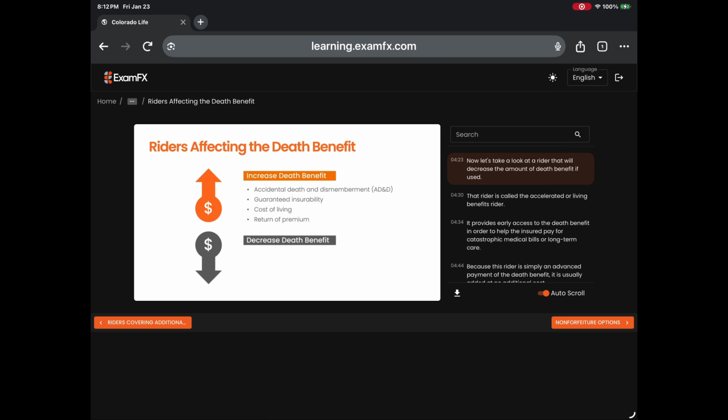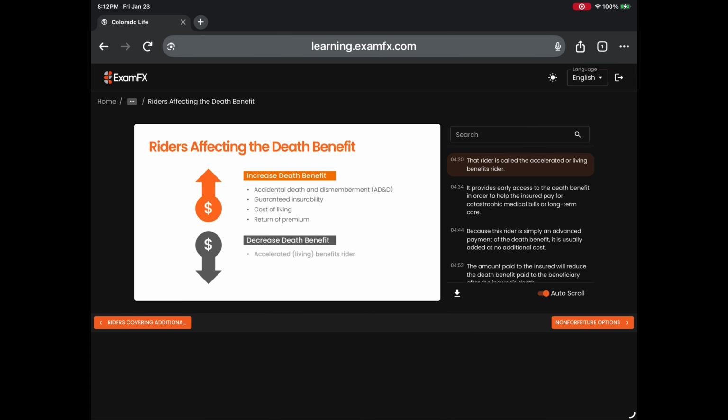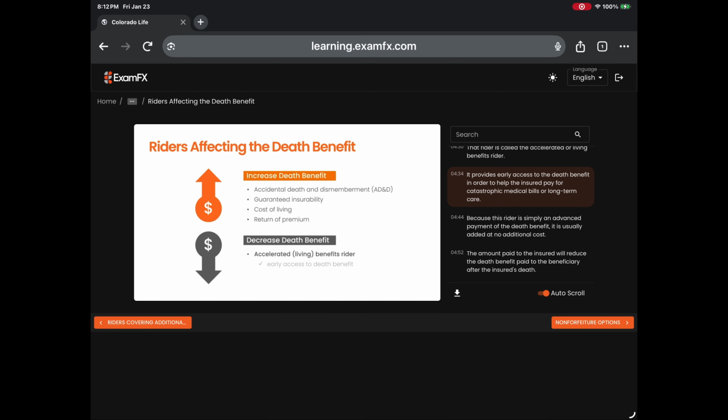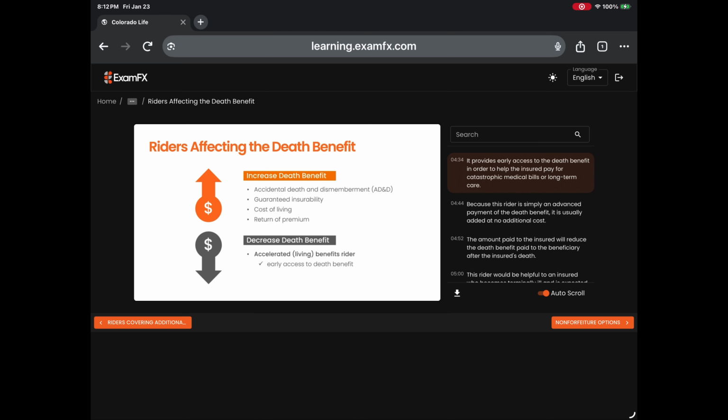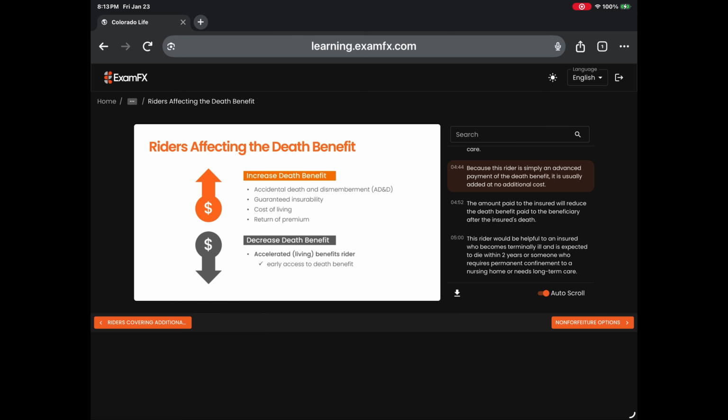Now let's take a look at a rider that will decrease the amount of death benefit if used. That rider is called the Accelerated or Living Benefits Rider. It provides early access to the death benefit in order to help the insured pay for catastrophic medical bills or long-term care. Because this rider is simply an advance payment of the death benefit, it is usually added at no